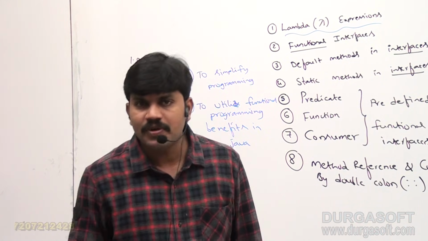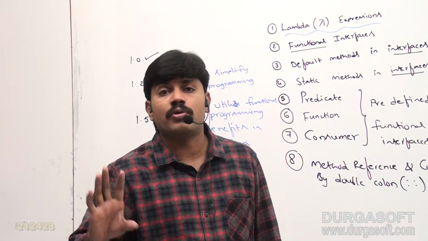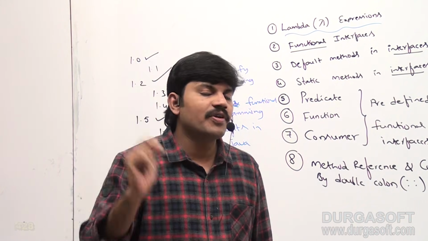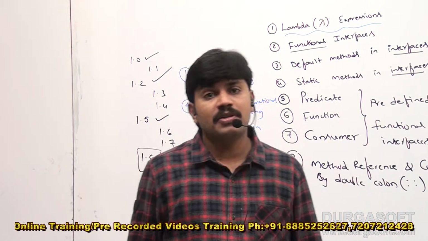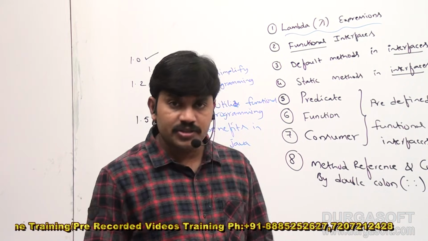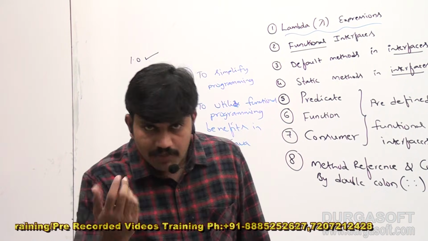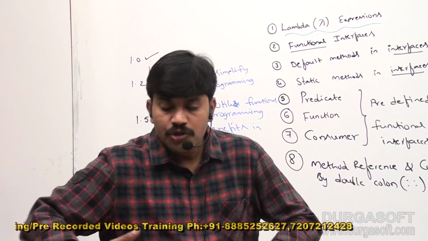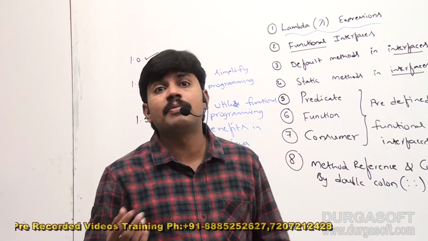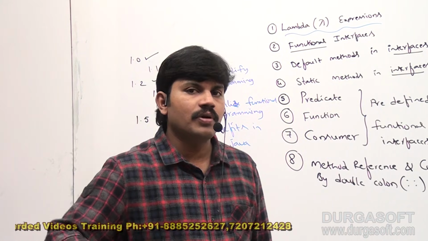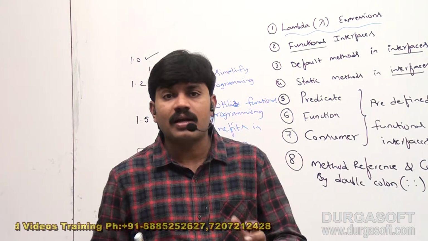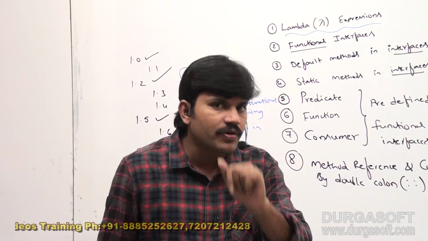Sir, to get the benefits of multi-core processors, parallel programming came into the picture in the Java 1.8 version. Parallel processing came in the form of parallel streams. Are you getting it? So to write code compatible with the newer upgraded things in the hardware world, these newer versions came.